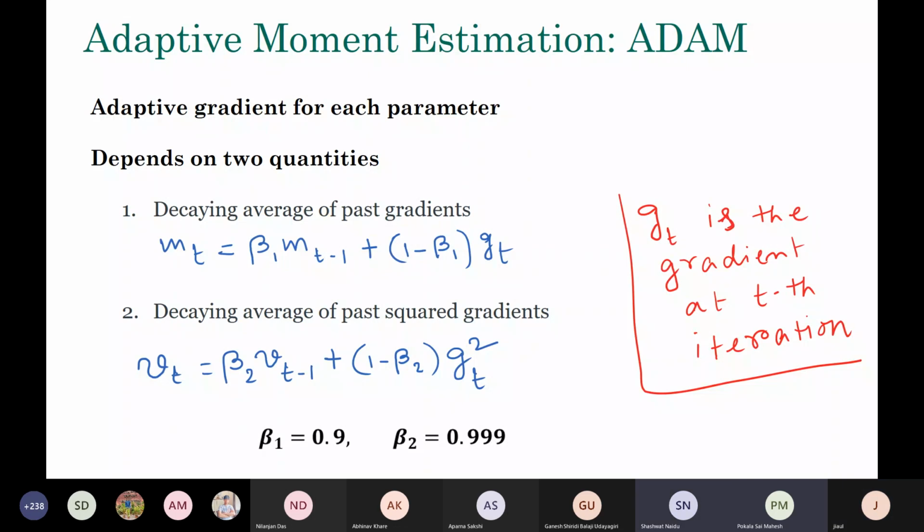Even though M T minus 1 is getting more weight, M T minus 1 in itself again contains 1 minus beta times the previous gradient. So yes, in a way, we are multiplying beta with the previous gradient and making it smaller compared to the original gradient of this iteration. Right, absolutely right. But this is not equivalent to saying that G T is getting more weight than the others. What I'm trying to say is that you are giving more weight to the most recent gradients. Very old gradients you are not giving too much weightage, because there is a multiplication factor beta 1. Yes, you are right on that.